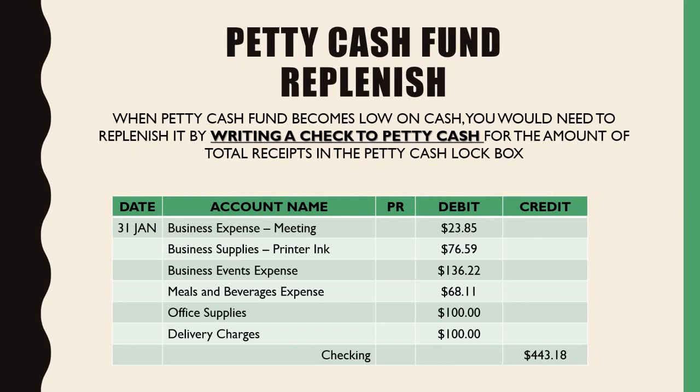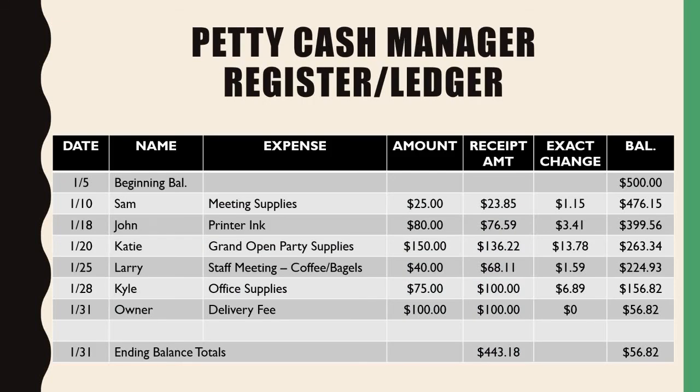obviously the person who's the petty cash drawer manager, they're not going to know what the general ledger looks like. They're not going to know the accounting information or what the bookkeeper knows, because they're not in charge of that. All they're in charge of is, okay, you're going to buy coffee for a meeting. All right, I'm going to write that you're buying coffee for the meeting. Now when the bookkeeper receives this, they have to convert these transactions into the accounts that exist in the